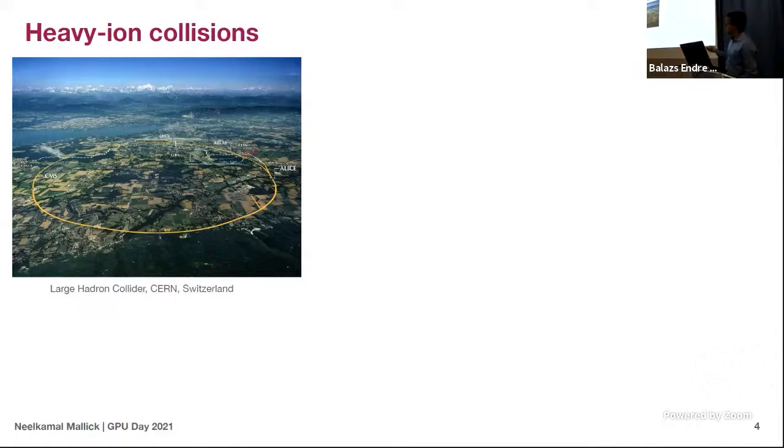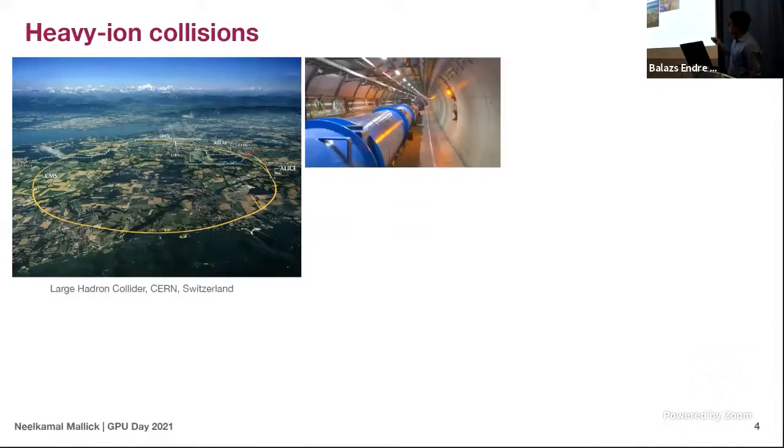And if you look around, this is a very long tunnel built about 100 meters underground, and the circumference is about 27 kilometers. And what you have inside are these tubes, which are superconducting electromagnets. They are cryogenically cooled, so they can deliver maximum electrical and magnetic energy to accelerate and deflect the charged particles. And by doing so, for proton-proton collisions, the maximum root s energy, or center of mass energy, is about 13 TeV. So that is used.